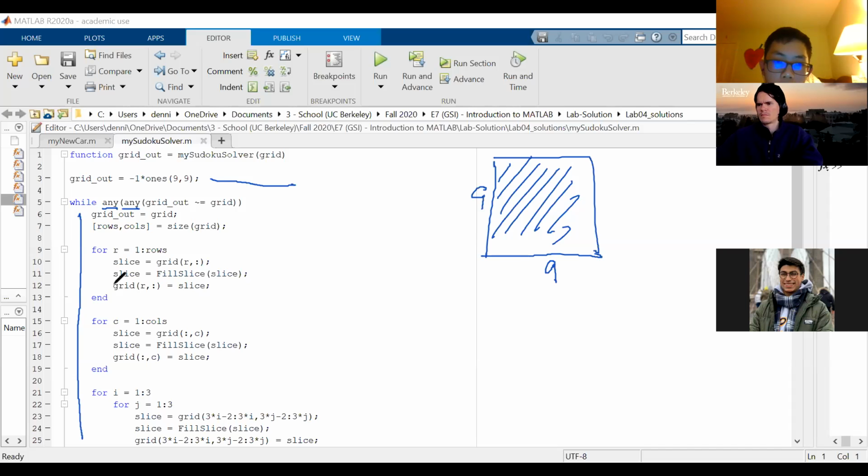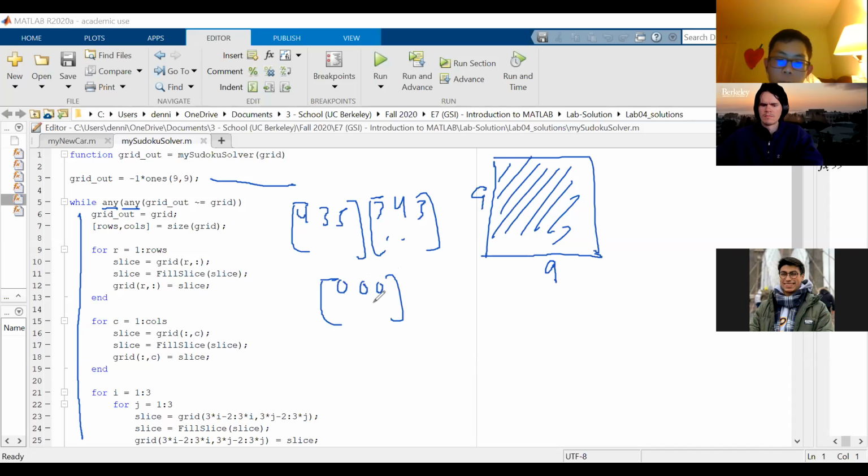So if this were like 3, 3, 3, 4, 5, and 4, 3, 5, in this case, it's all going to be 0. 0, 0, 0 is going to be the Boolean array when we compare these two. If this were an equals equals, in this case we have a not equals, so this would actually be 1, 1, 1. And any is,